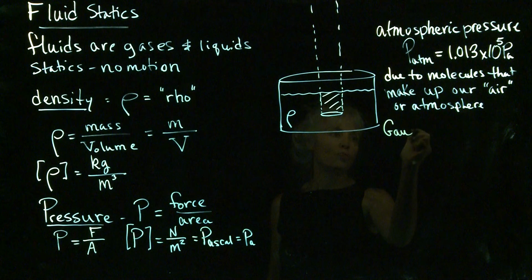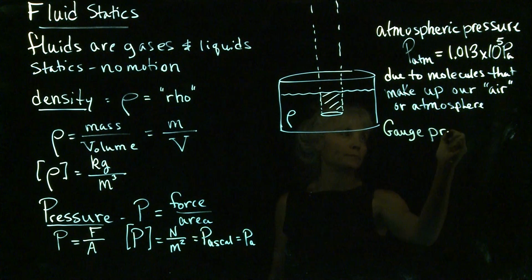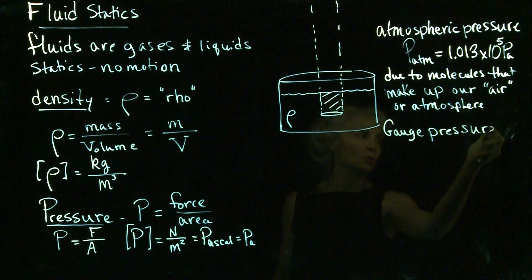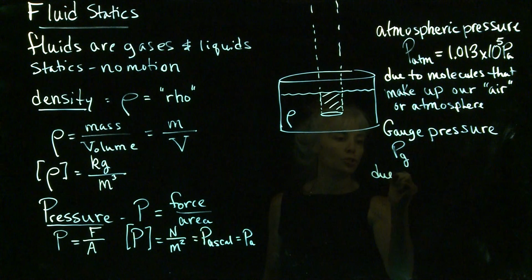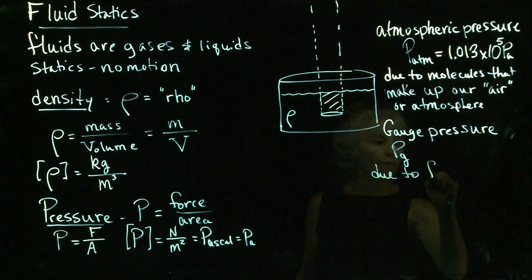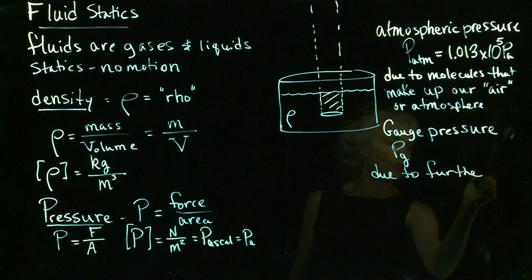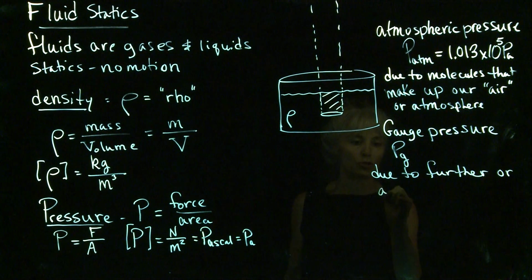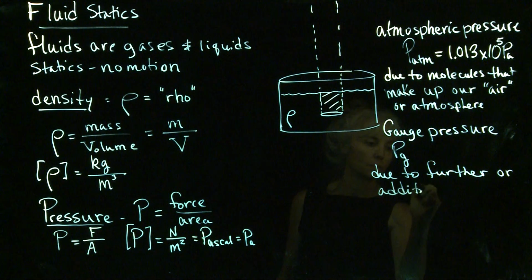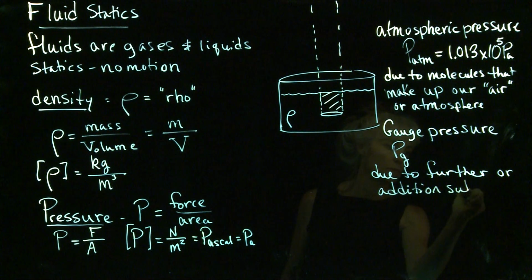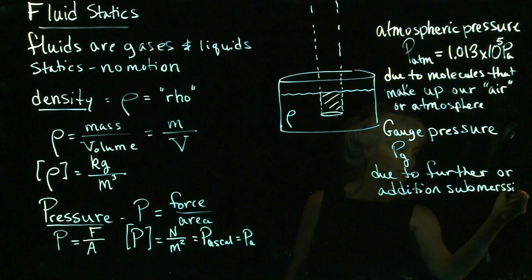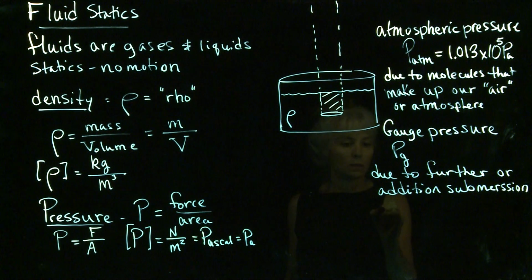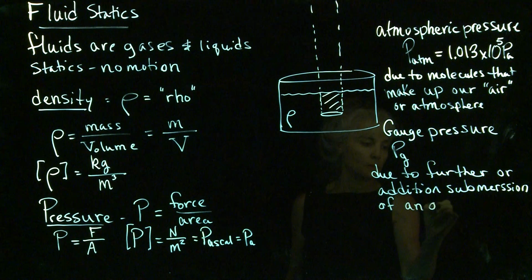So gauge pressure is going to get the symbol P sub G, and this is due to further or additional submersion of an object